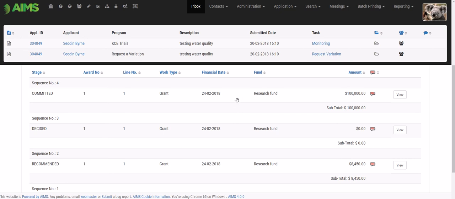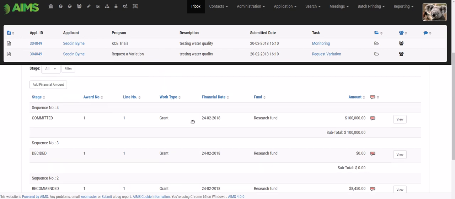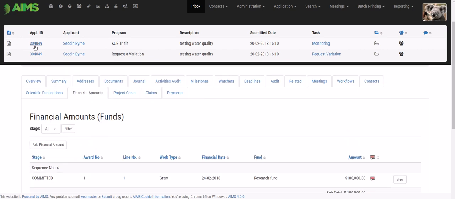This can all be selected at different stages, and we can have multiple budgets comprising a single grant, and you can add different rules that stipulate what funds can be linked to what programs. There's lots of ways of managing the assignment of funding to be able to track the commitment through the life cycle of the project. So that's a project view. If I return to my inbox,